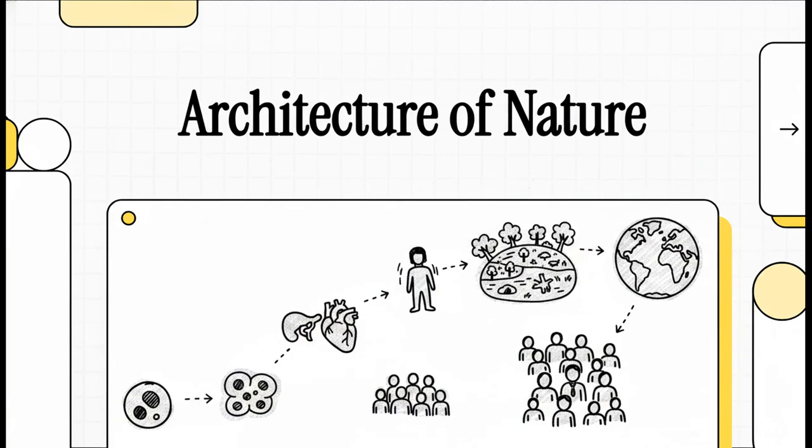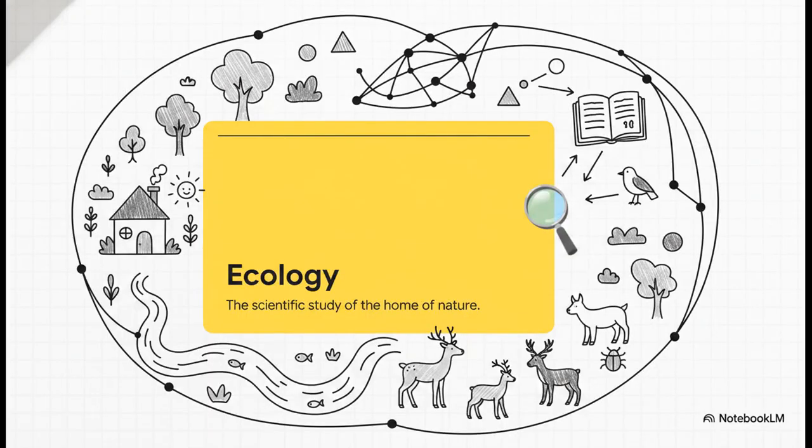Welcome back. Today, we're jumping right into a brand new explainer, and we're taking a really cool cinematic micro to macro journey through the complex web of life. We're going to look at the literal architecture of nature, how life organizes itself from the absolute smallest individual all the way up to the entire planet. Let's get into it.